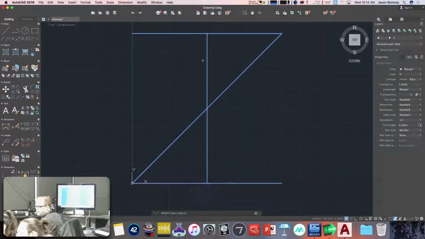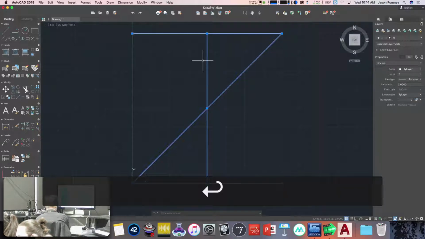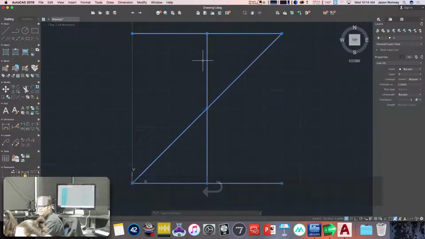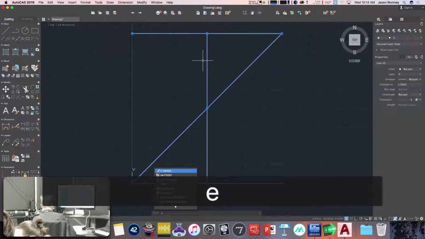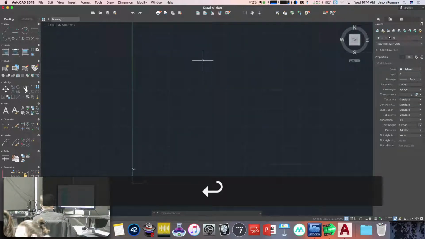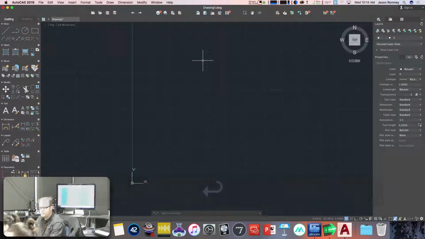And now it should have selected everything. You see that? So now hit enter again, and now everything's selected. And now to get rid of all these lines we drew, we're going to use the erase function. So just type E for erase and hit enter, and all of it goes away. Okay? Erase will be your friend